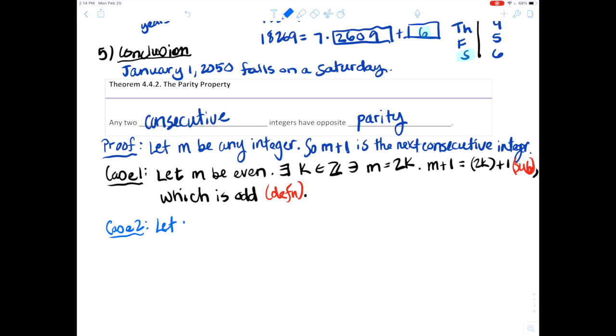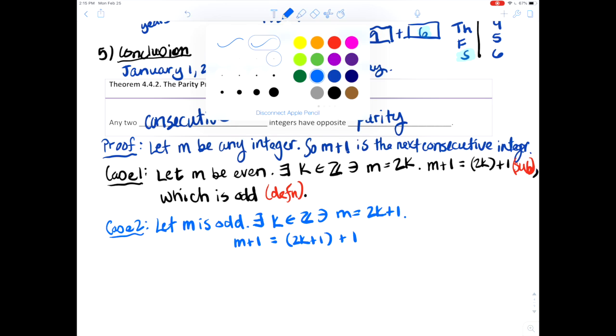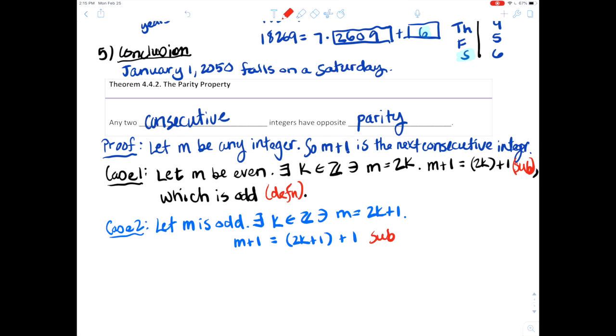If we start out where m is odd, then there exists a k belonging to the integers such that m is equal to 2k plus 1, right? That's by definition. So what are we going to get for m plus 1? That will be 2k plus 1 plus another 1. And that's just by substitution. I guess I should have said definition here